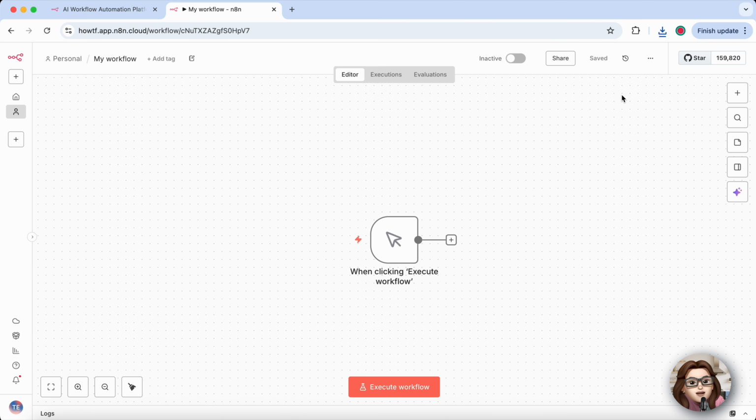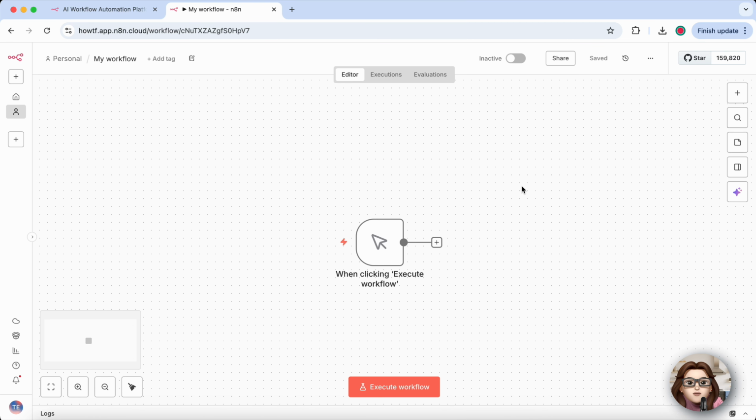Next, let's talk about backing up your credentials. These are extremely important because they store all your connections to external services. Credentials can only be exported using CLI commands on self-hosted N8n setups. So, if you're self-hosting, open your command line, run the export commands provided in the N8n documentation, and save those